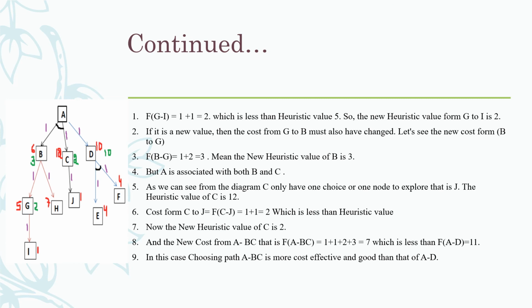The AO-star search got the solution of 11. So in this case, choosing ABC is more cost effective and better than AD. So in this way we can conclude that the AO-star search is quick, but it does not get the optimal solution. To get the optimal solution, to explore all paths, and for confirming the optimal solution, we have to use A-star search in these types of scenarios.